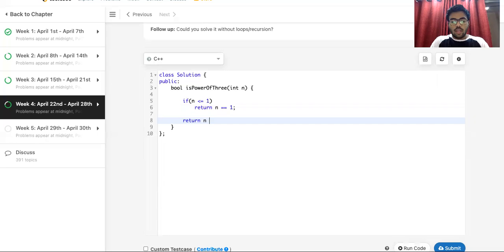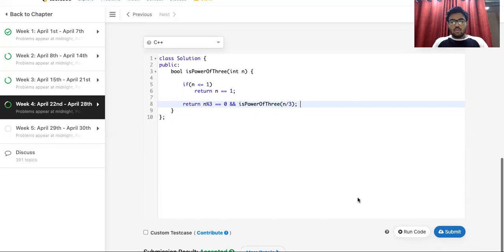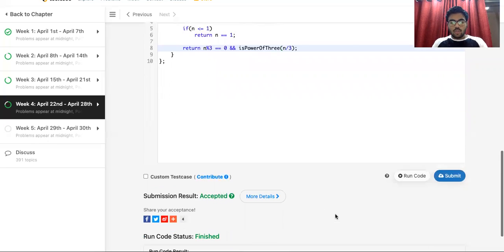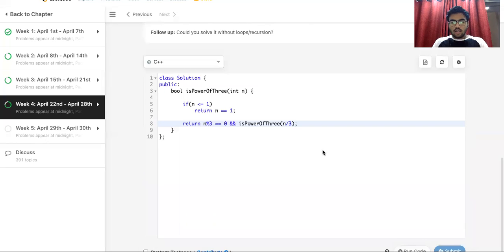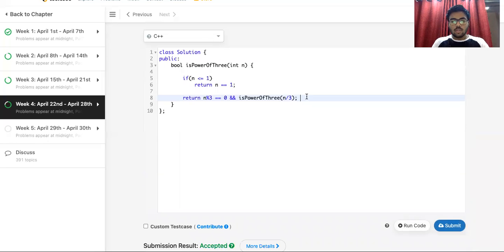And then we check n mod 3 is equal to 0 and is power of 3, which is the recursion call for n by 3. All right. So this is the same as what we did in the loop, and this would also be accepted.